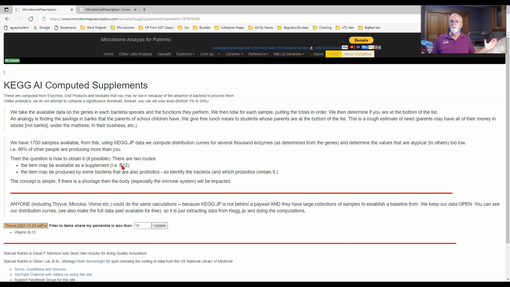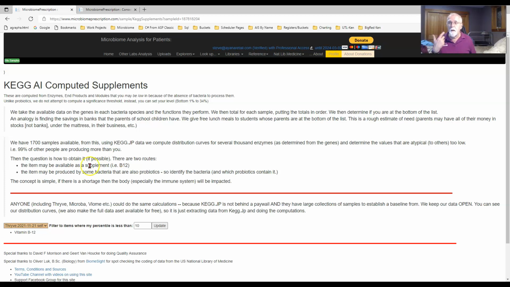One thing, vitamin B12. Now, the fun about this is it's being calculated from the enzymes in the bacteria, not all of them, but the ones which are known. And it says you're not producing enough B12 in there. And that was the same suggestion which came up from most of the analysis. And more importantly, if you look at clinical studies for chronic fatigue syndrome, B12 makes an improvement.